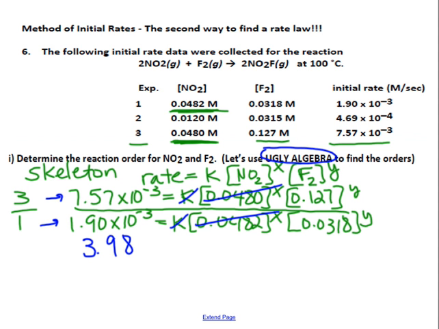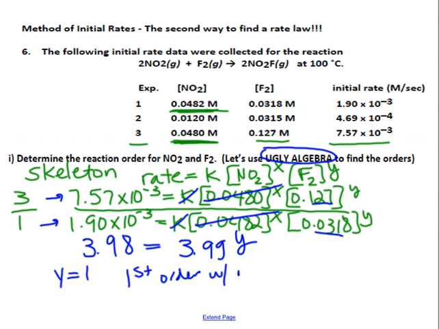And that's going to be equal to, what I'm going to do here is divide 0.127 by 0.0318, and when I do, I get 3.99, and that is to the y. So, math is hard. What's y? What power is that? Y is equal to 1. So that means this is first order